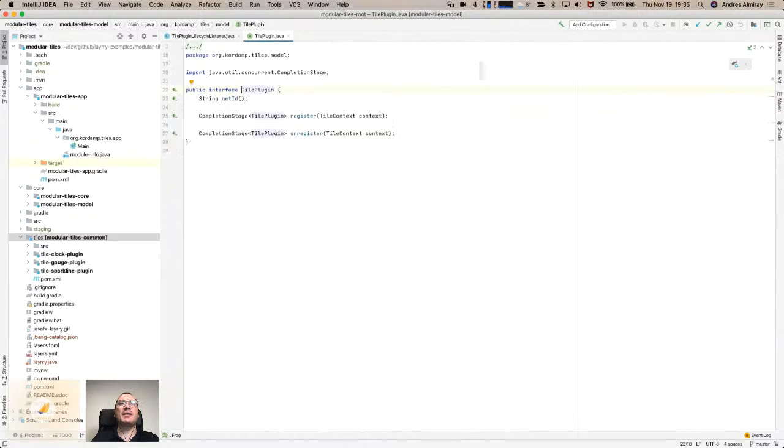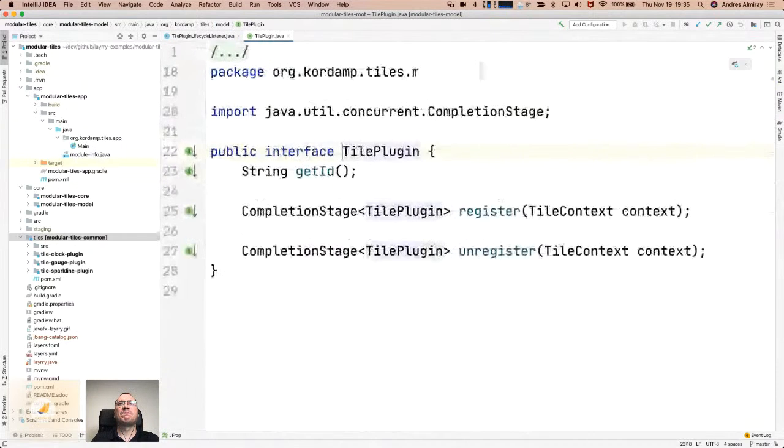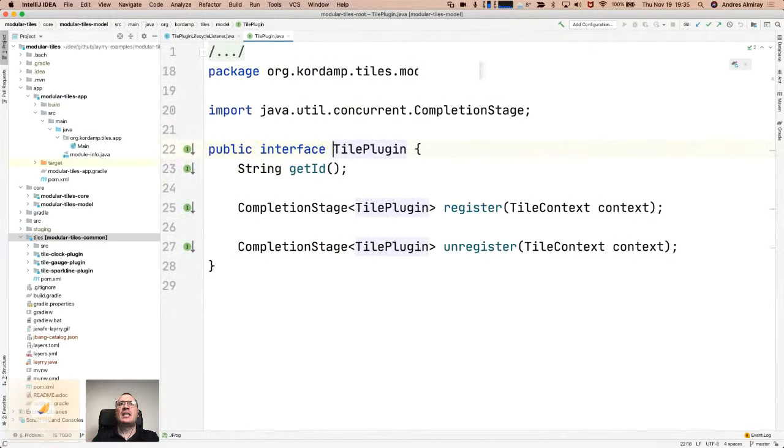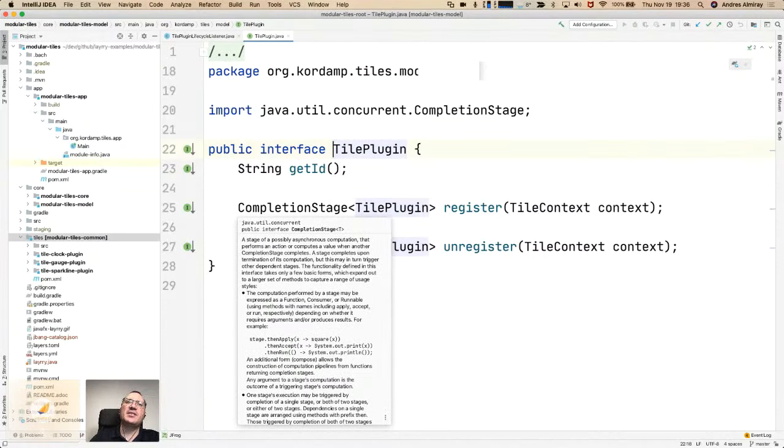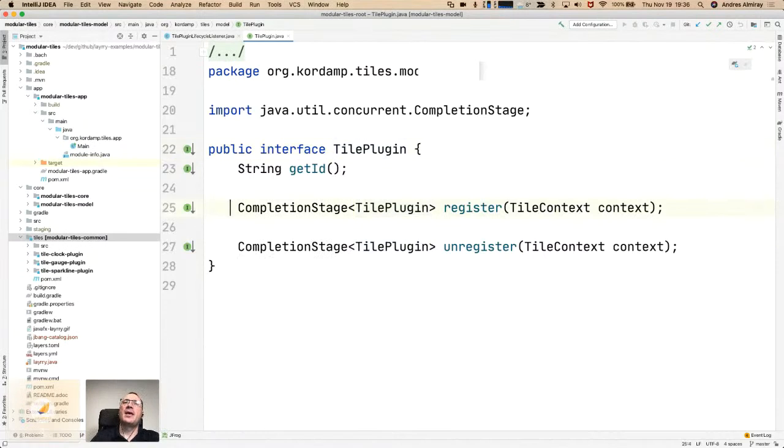This particular class here is an interface that says, well, I had some sort of identifier, you can have additional code, and it has two methods: what to do when something is registered, and what to do when the plugin is unregistered. And we're using CompletionStage, which is a super interface for CompletableFuture, because of JavaFX and nothing